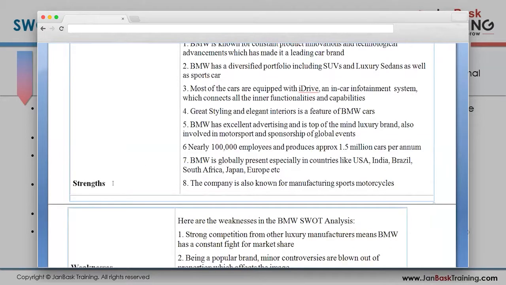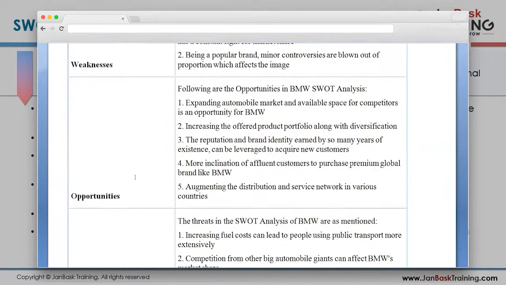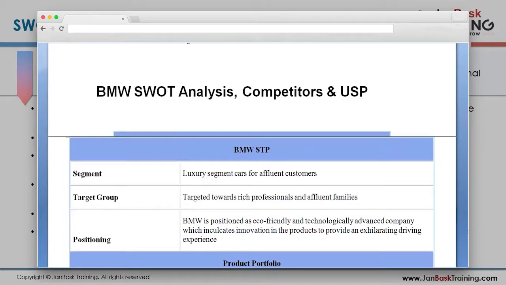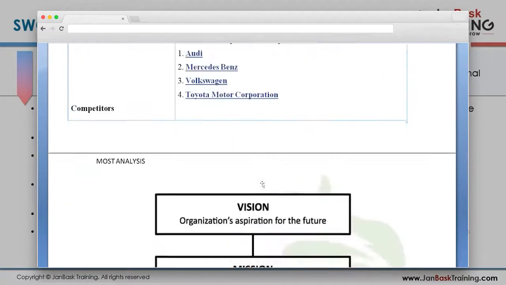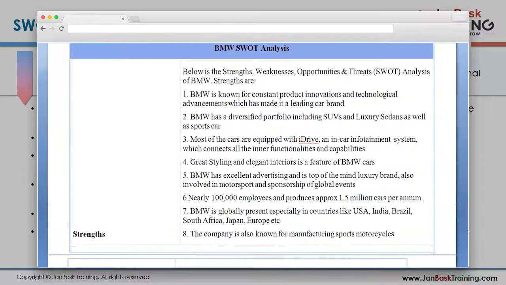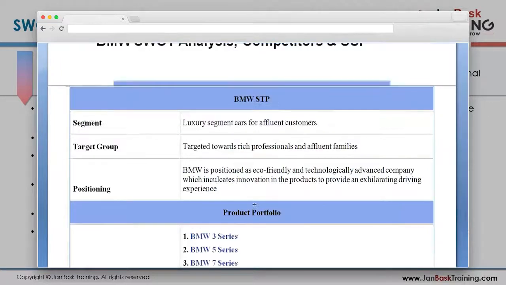On all four quadrants I worked on strength, weakness, opportunities, and threats, combined them together, and put it up in the SWOT analysis, in this diagram or format. And now I'm going to send it across to my company, or my senior stakeholders, to understand how BMW works in the market. With that, they will get a better understanding of what our competitors are doing, and what future strengths or opportunities they are looking into. Similarly,